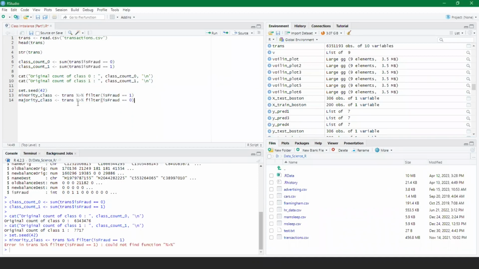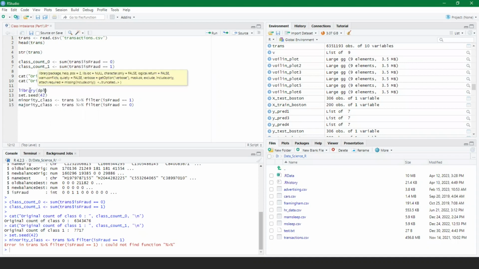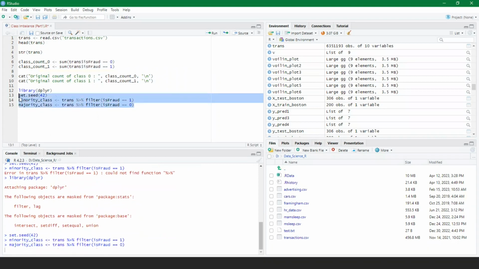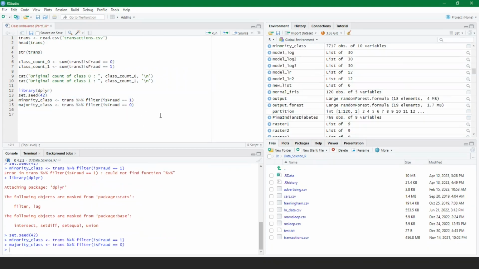Oops, I forgot to load the library at first because I'm using this function here, and I will say library dplyr. All right. Now let's do it again. Perfect. And now what I'm going to do here is that I will say oversampled